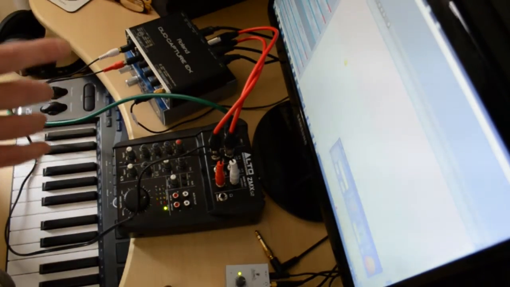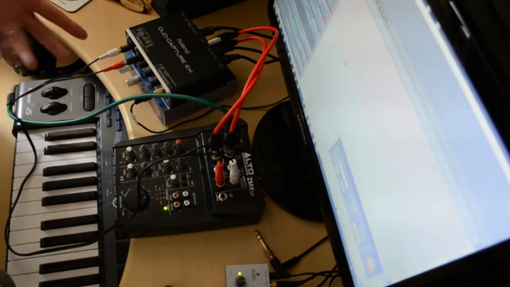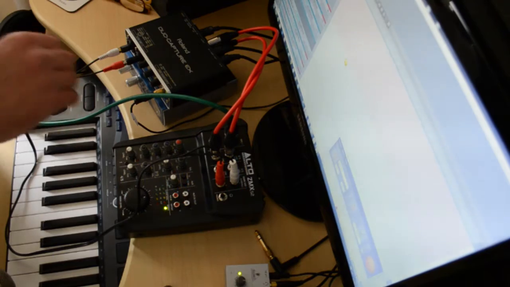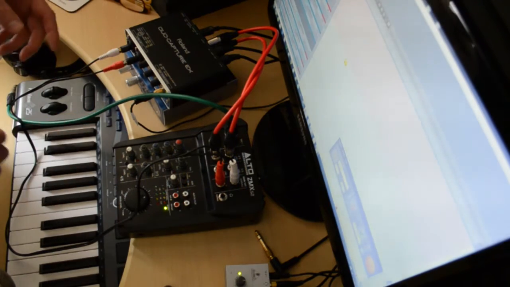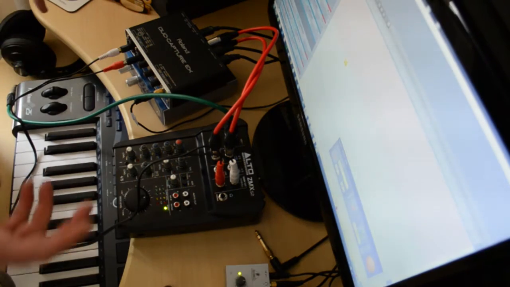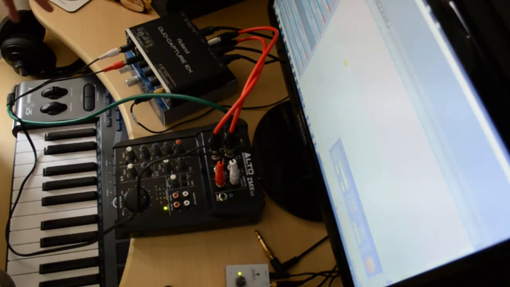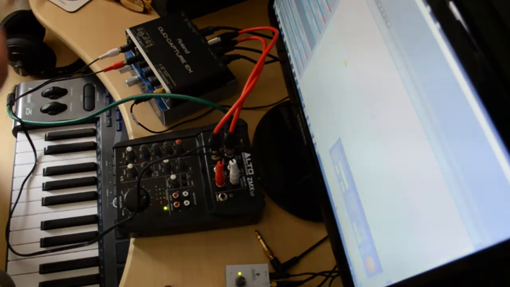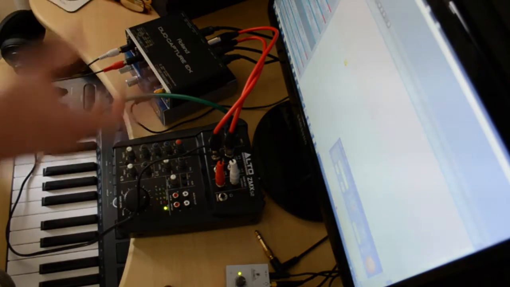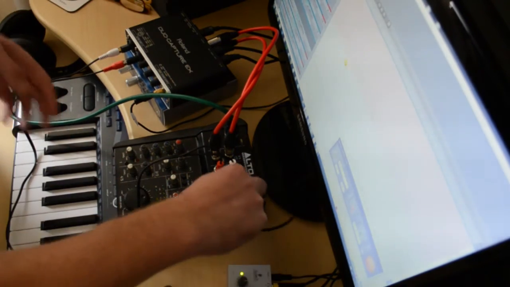When you do this, and this was the thing which I wasn't sure whether it would work or not, be really cautious with your volume as you're winding it back into the sound card, because if you crank it right up, the whole thing overloads and you get some hideous sound. But it works fine. You just got to be gentle with the volumes and just get your levels right. So once that's all plugged up, put in some headphones,